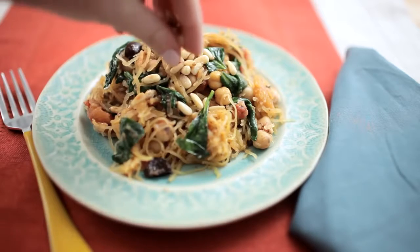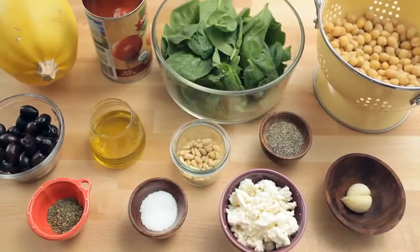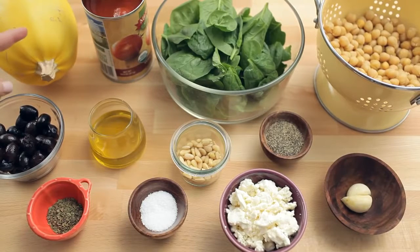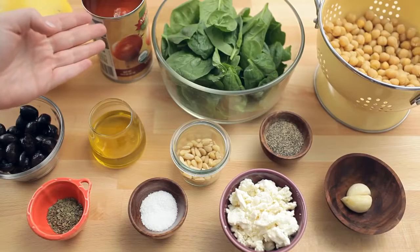This spaghetti squash with chickpeas, feta, and wilted spinach is a great way to make a pasta dish without using any pasta, with tons of vegetables. It's also gluten-free. For this class, you'll need 1 small or medium spaghetti squash, 1 small can of whole tomatoes,